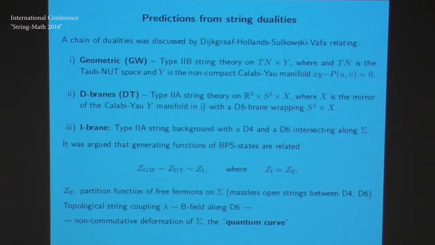All right, so to motivate the approach that we will be taking, let us quickly discuss some work, well, a couple of years ago by Dijkgraaf, Holland, Sulkowski, and Vafa, who were using a chain of dualities which relates the geometric description, which we basically introduced just before, as type 2B string theory on a trefoil knot times this local Calabi-Yau Y, which is defined by this equation we've seen before, to other dual descriptions. So this is what would be going, or well, rather the mirror dual would be growing,